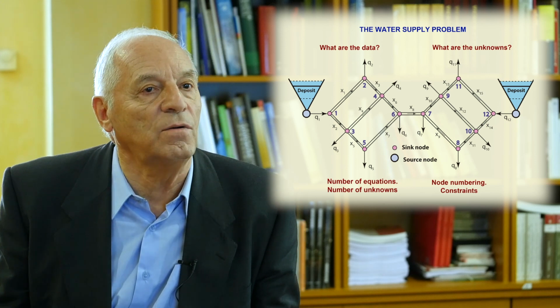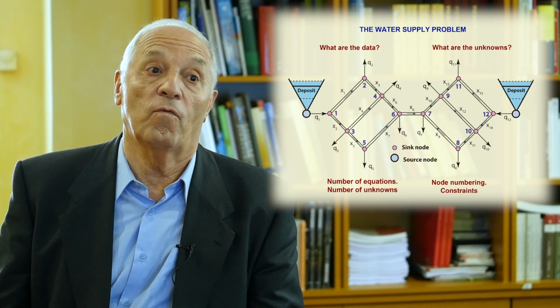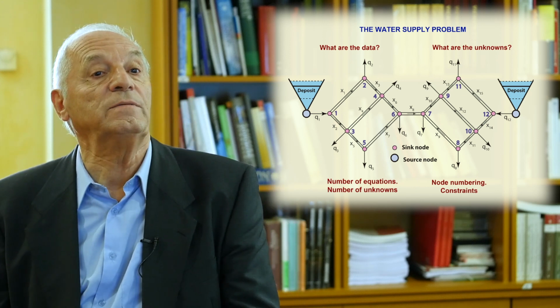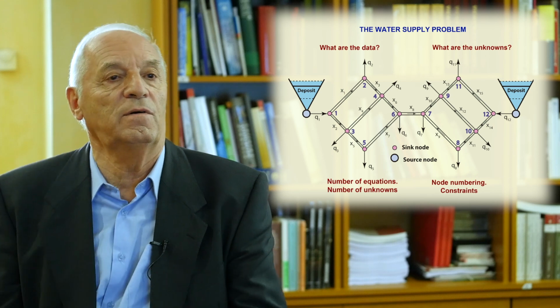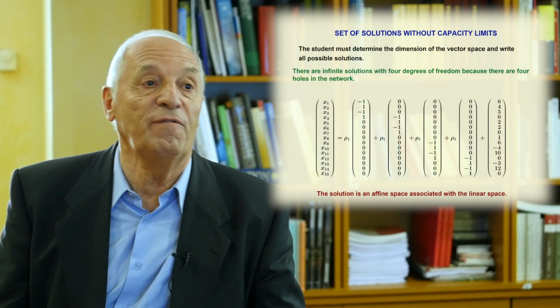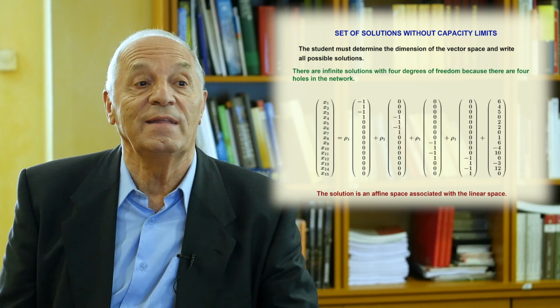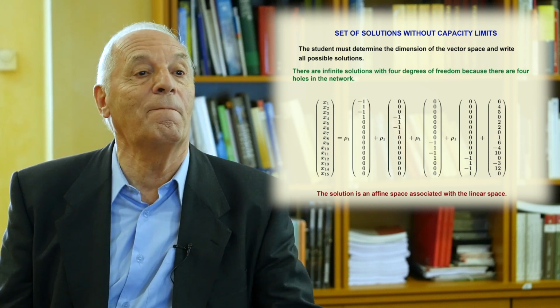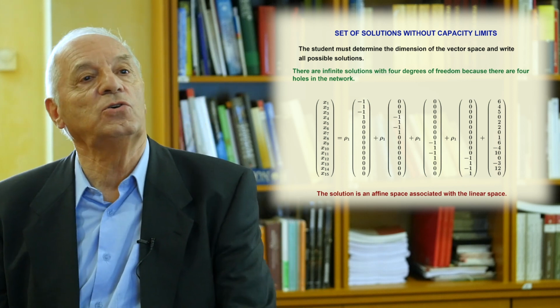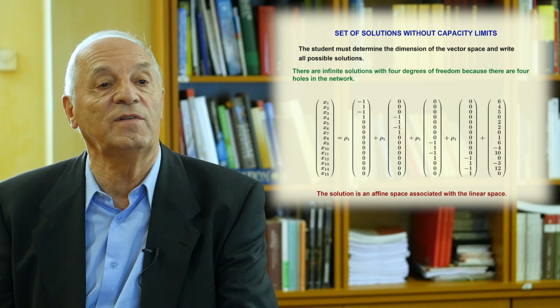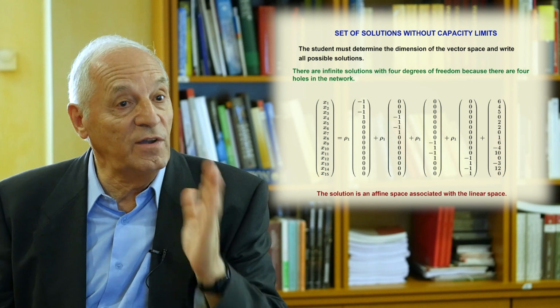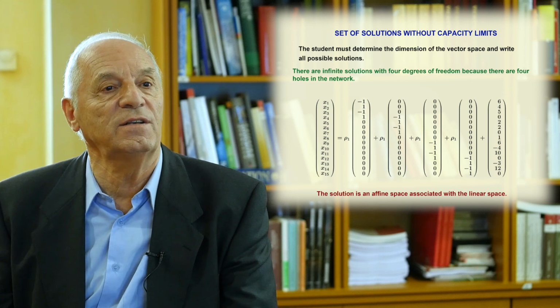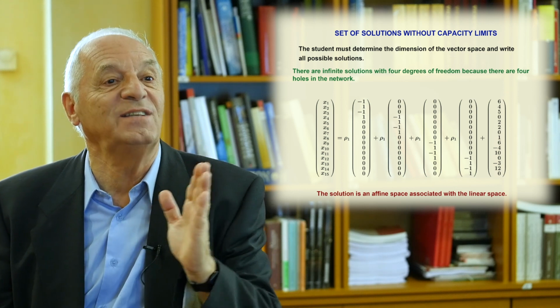And that's all. So we have a system of 12 equations with 15 unknowns. This can be written in matrix form or written any other way. But the important thing is that because it is a complete linear system of equalities, we know that the solution is an affine space that has one particular solution plus a linear space. So the only thing I need to do is to obtain a particular solution, to determine the dimension of the linear subspace, and then to obtain a basis.